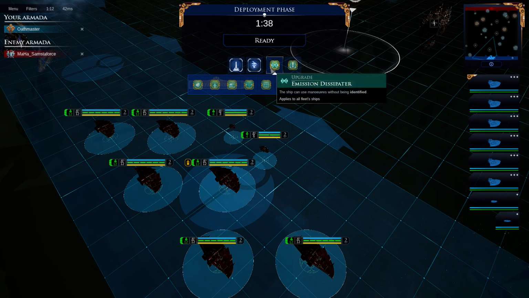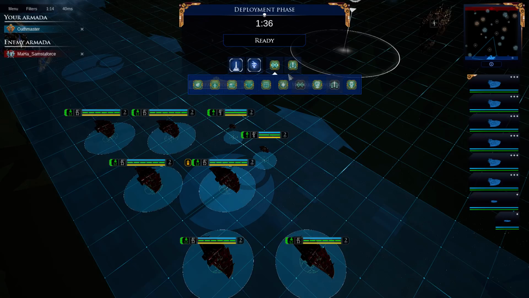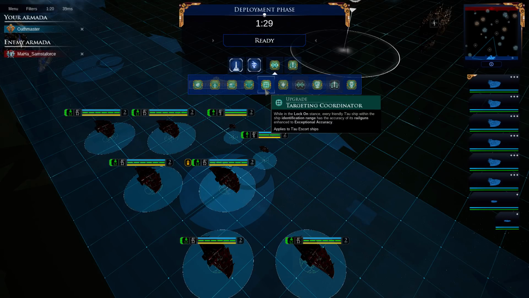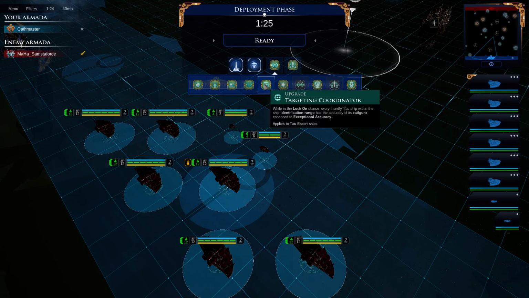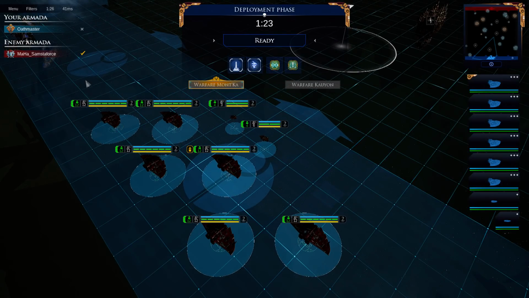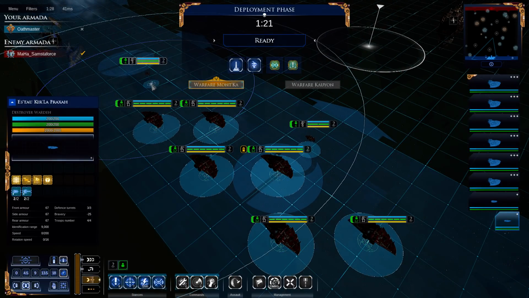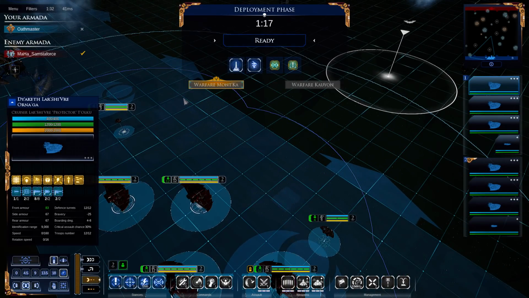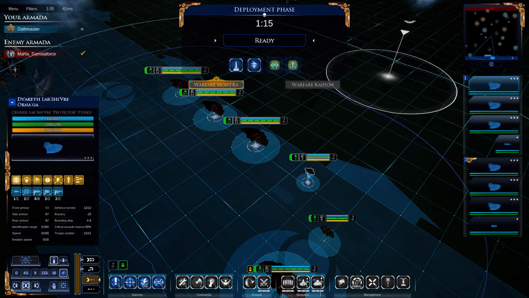Being able to prolong how long it takes them to actually hit me with their pulsars would be useful. I'm just trying to come up with a reason to get target coordinator, but with the hollow field that's greatly going to be hindered anyway. It goes without saying. And this is the case where I would obviously target the generators, but